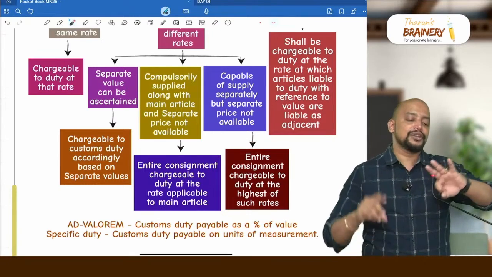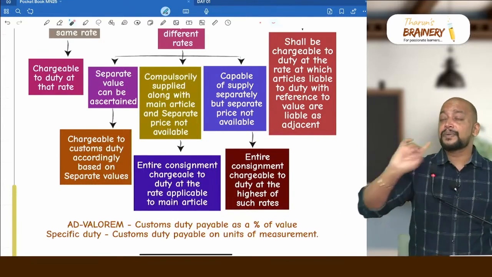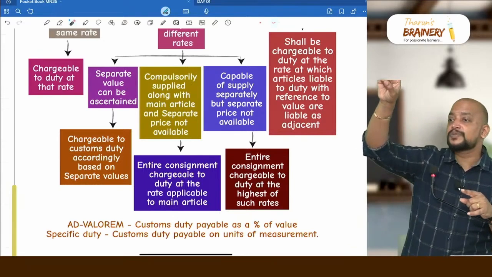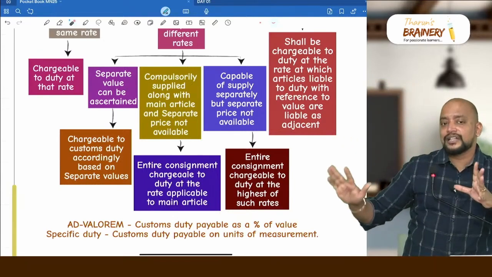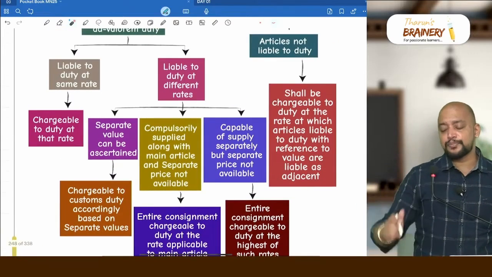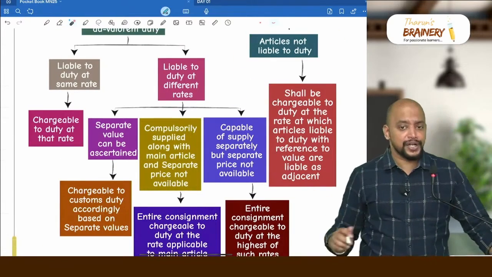So just 3 points you need to remember: separate value ascertainable separately, separate value not ascertainable, then compulsory accessory. Then in that case principal supply rate, that is main article rate. In all other cases it will be highest rate. That is this. And in this, suppose if there is one article which is not liable to duty, that will